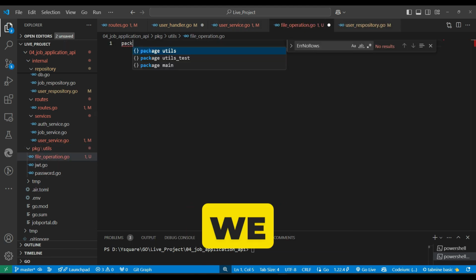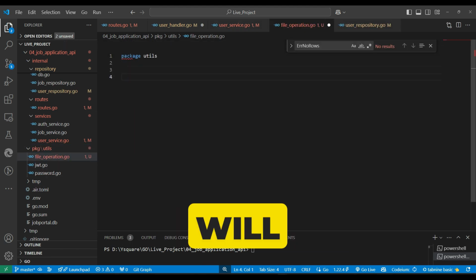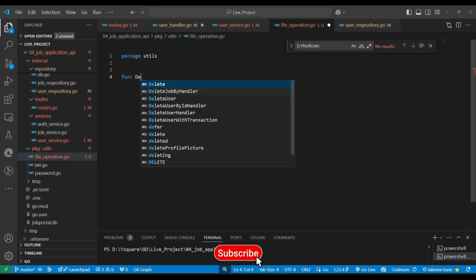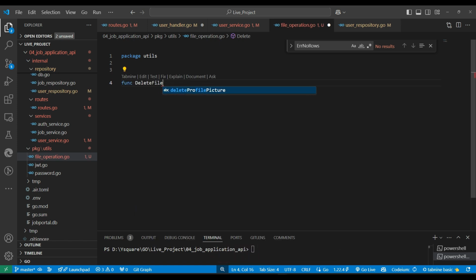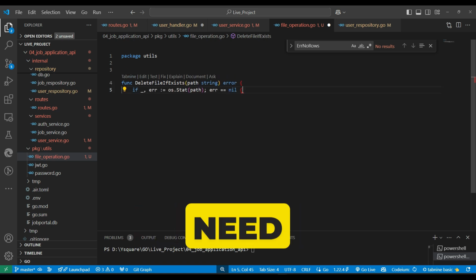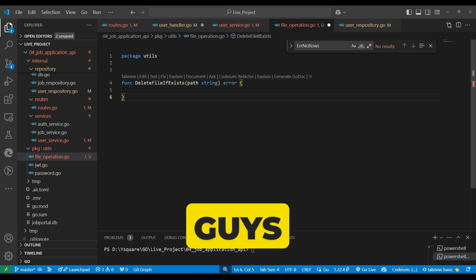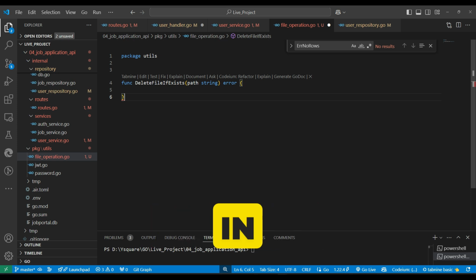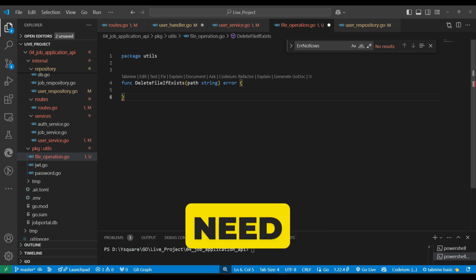And here we will write package util, and here we'll define a function, deleteFileIfExist, and definitely we need to give the path, and we need to write some logic. So the logic is simple, guys, as we already learned in file handling while we learned the Go language. So we need to write simple